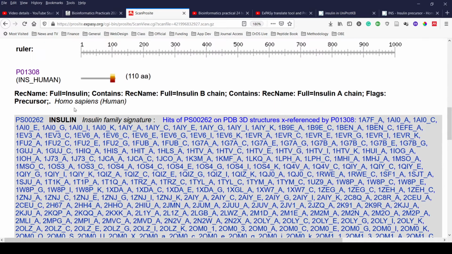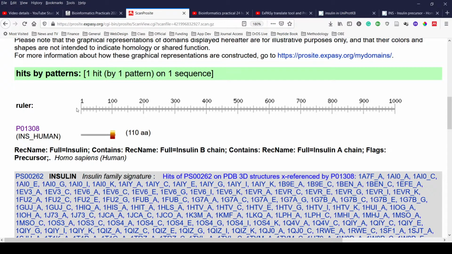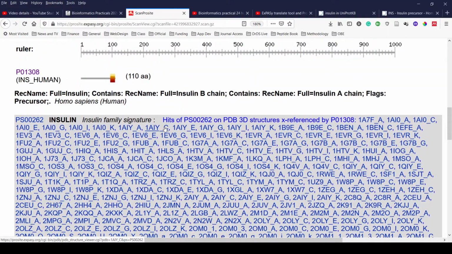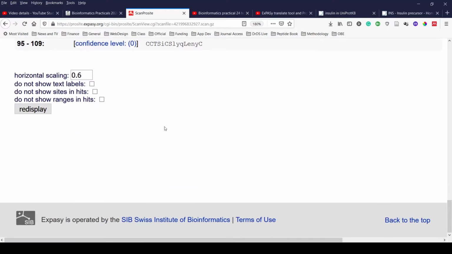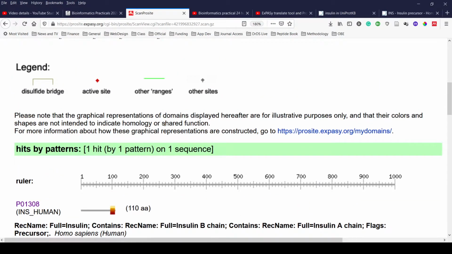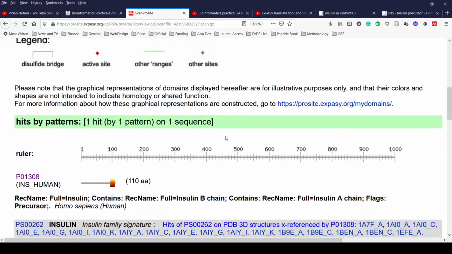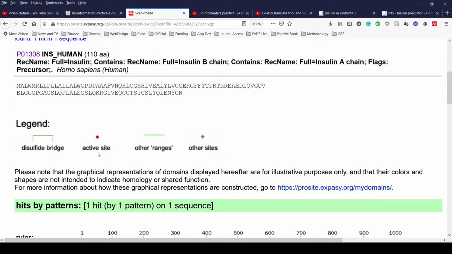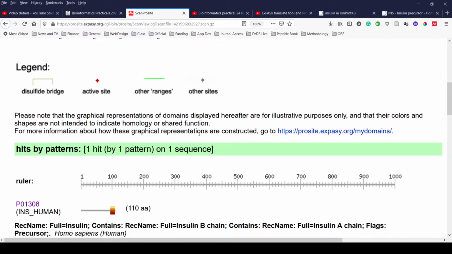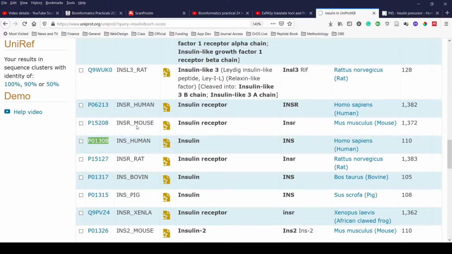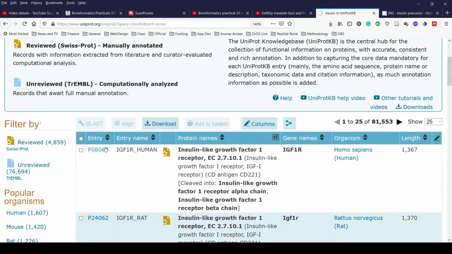And now when we come down, you can see that these are the hit patterns. Okay. So here you don't have any specific motifs present. It's a very small protein, and the active sites or other sites were not present in this protein. Whereas if you go for another protein, for example, a larger protein, this one,